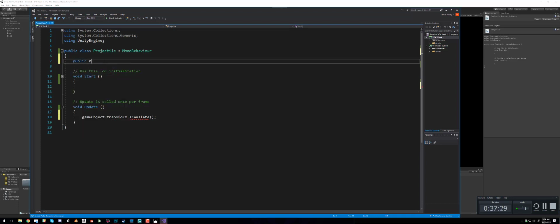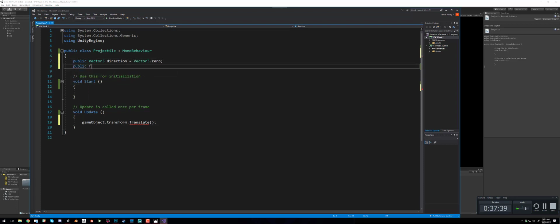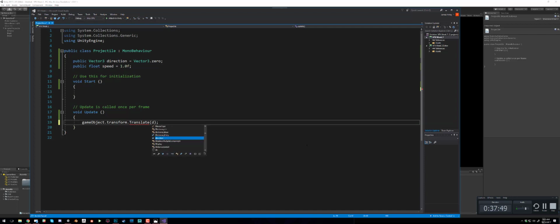So I'll type in public Vector3, and I'm going to call this direction, which I'll initialize to nothing. And then I know that I'm going to want to provide it with a value for speed. And in here, I'm going to provide it with the direction times speed